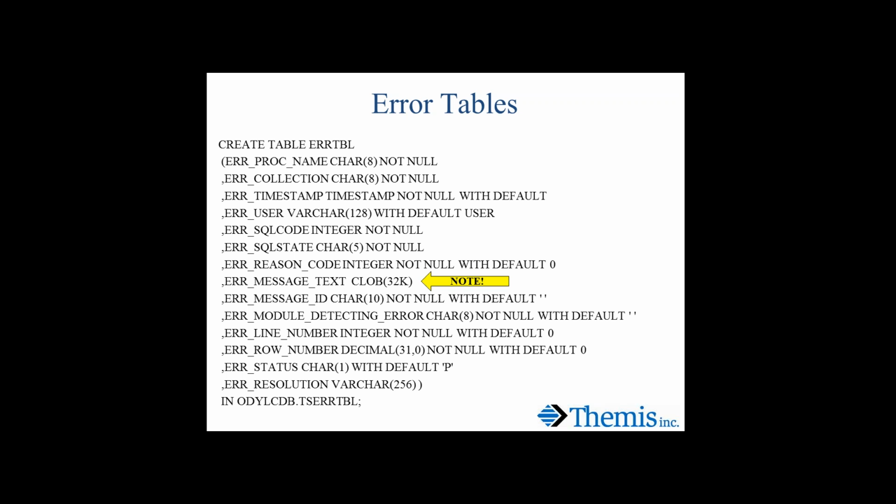However, if I have an autonomous stored procedure that runs outside of my commit scope, I can actually insert my error information into an error table, a DB2 table, inside the error handling procedure. So you will set up a table with a layout that has columns for the information you're gathering